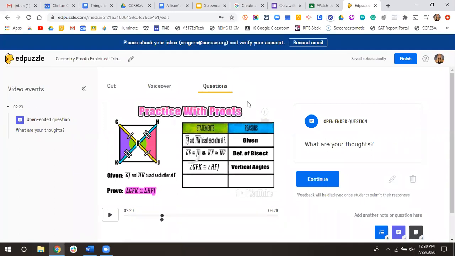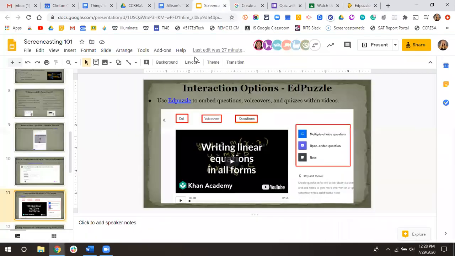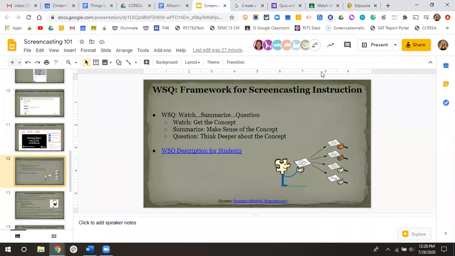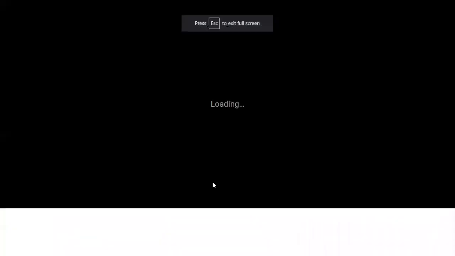So this is an EdPuzzle session, so I will get back to our regularly scheduled programming, but I think that's a really powerful tool. All right. Next,